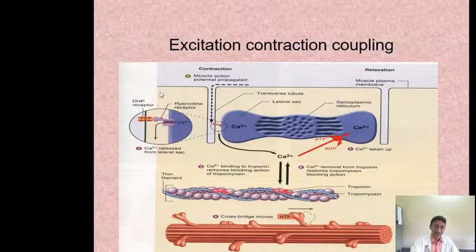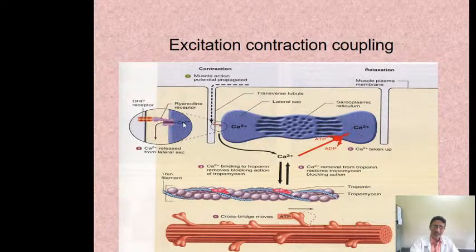Here it is. This is the muscle action potential which has come from the nerve, passed through the neuromuscular junction, reaching onto the muscle, and here it goes inside the muscle fiber. This is the muscle fiber, this is the inside, the sarcoplasm. Once the action potential is transmitting down, here you will find the sarcolemma. On either side they are abutting the T tubule. So the impulse reaches into the transverse tubule. From the transverse tubules it goes into the sarcoplasmic reticulum. The impulse goes here, calcium is stored here, and the calcium is released.